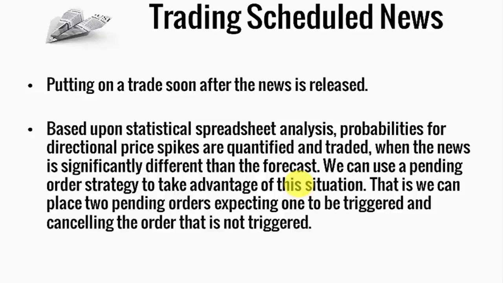So again, we're taking a position above and beyond the current price in case there is a directional price spike, because most of those price spikes are then quickly reversed, and by having our limit order in place, we'd be trying to take advantage of it. The timing on this is extremely difficult, and again, it's not one that you're going to use until you are a seasoned trader with lots of experience and lots of practice on your demo account.